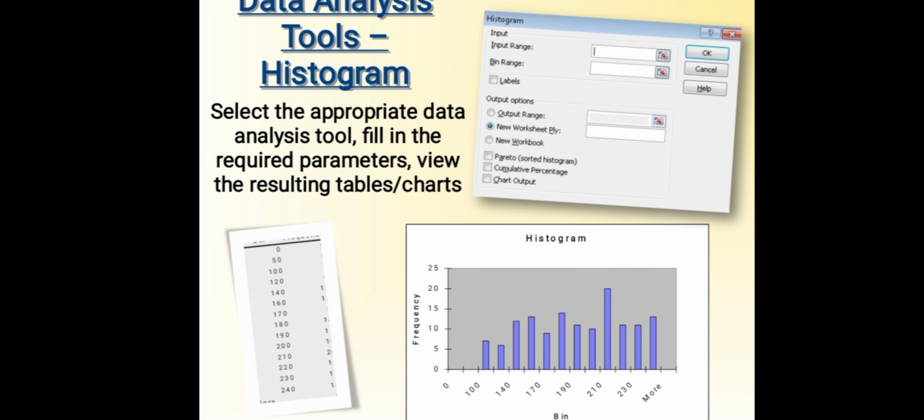Data analysis tool like histogram, if you want to prepare, select the appropriate data analysis tool, fill the required parameters which you want, view the resulting tables or chart, you can see here like that. If you put the value and select, automatically the histogram will be created.